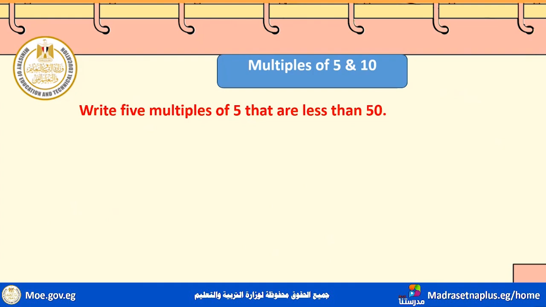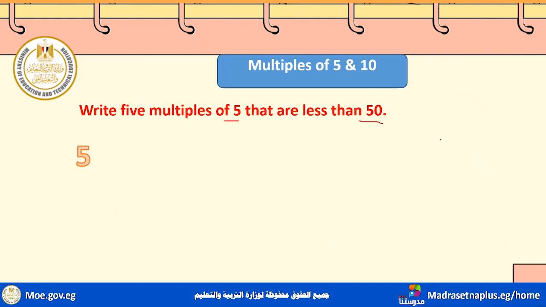Now I ask you to write 5 multiples of 5. These multiples must be less than 50. Right? 5 multiples of 5 that are less than 50. Multiples of 5 less than 50. Let's start with